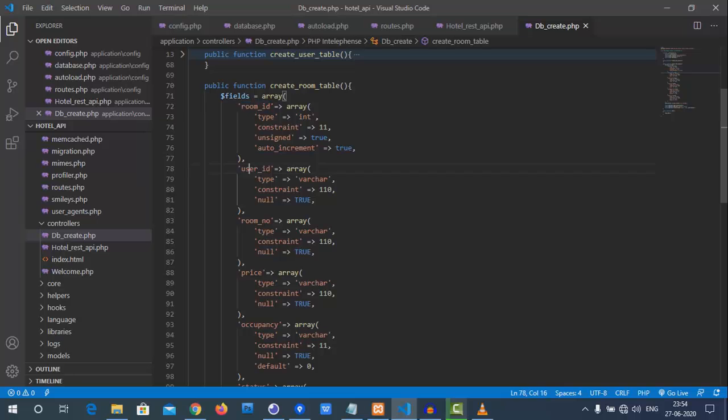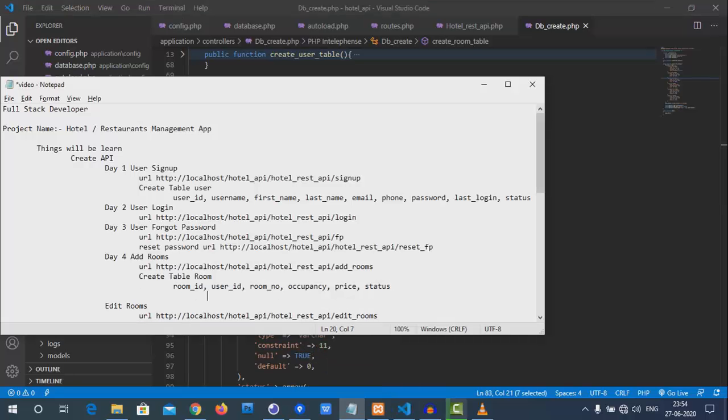Room occupancy is nothing but whether the room is occupied by someone else or it is free. To know the status of the room, that's the reason we have kept the room occupancy and the price of the room. They can see the status. If they want to remove it, here is the delete part. So that's the create. For this, I have already written the code for the database.